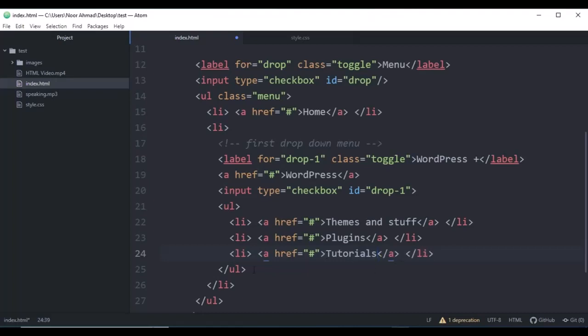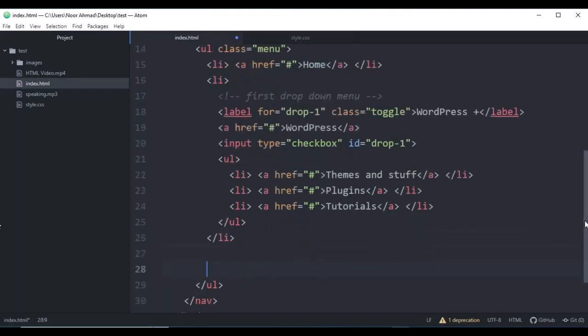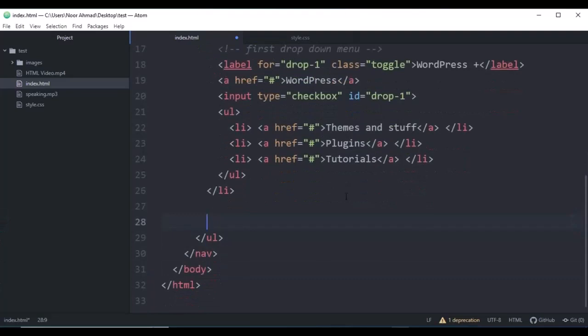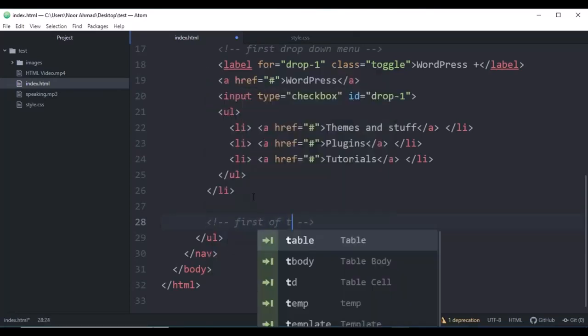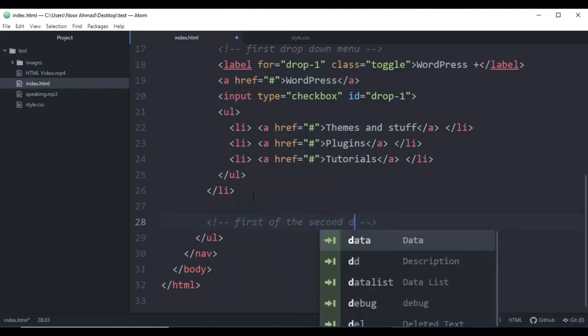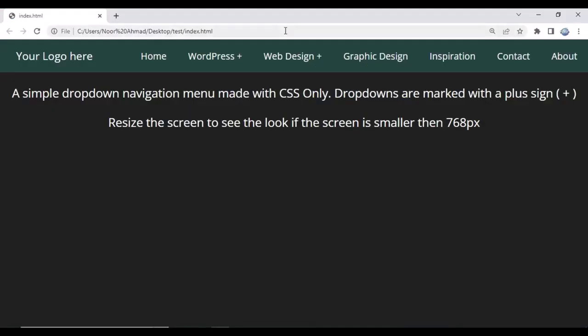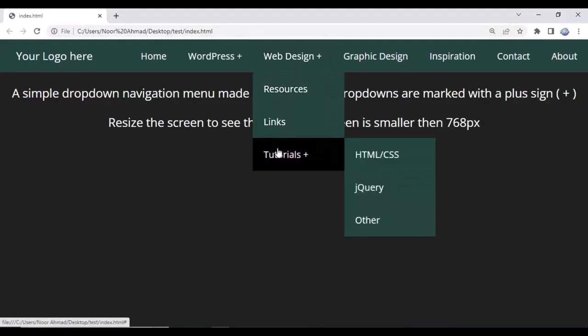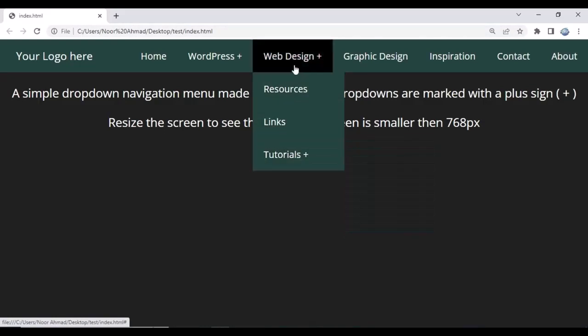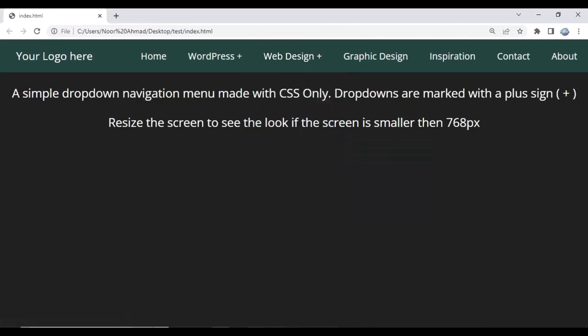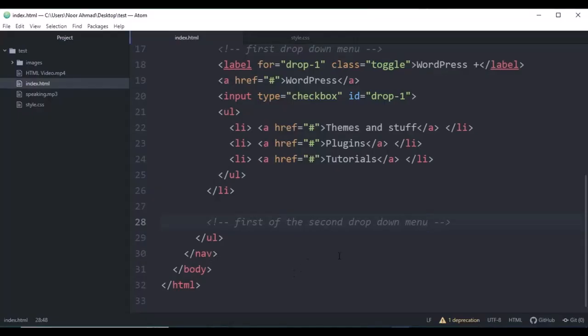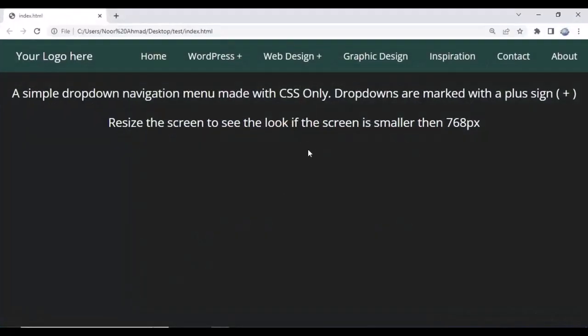So after this ul and li, I'm going to create another li. So this one will be the first of the second drop down menu. First of the second menu. Here you can see our second drop down menu has another drop down menu inside. So this is the second drop down menu, and inside the second drop down menu we have another drop down menu. So what I'm going to create now, I'm going to work on the first one on this web design